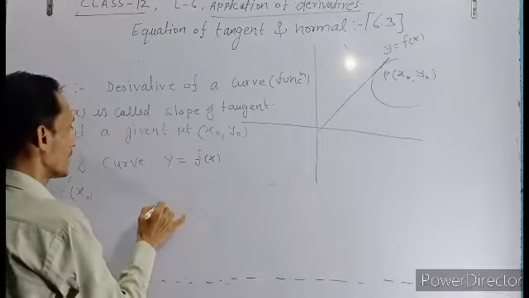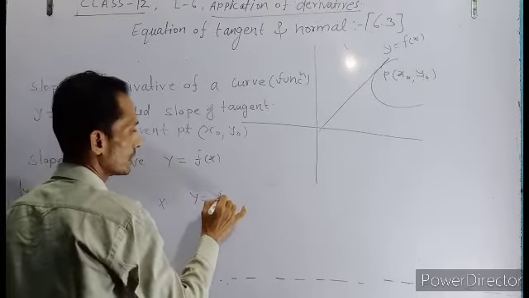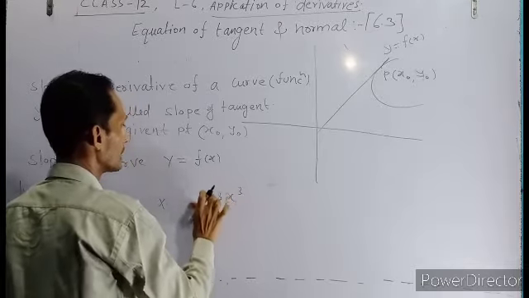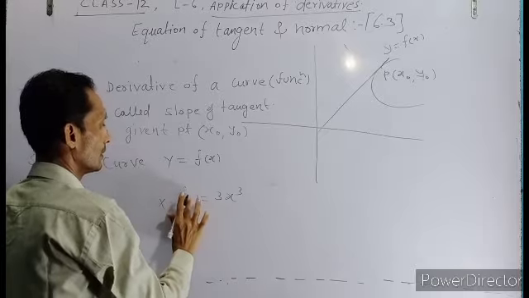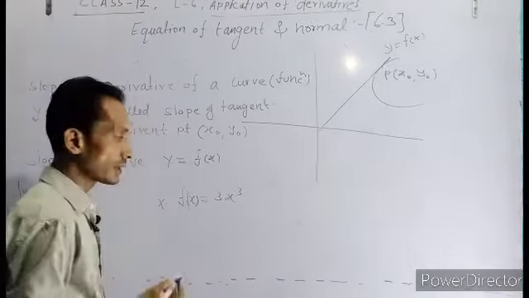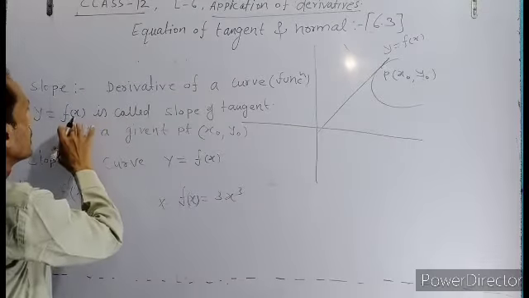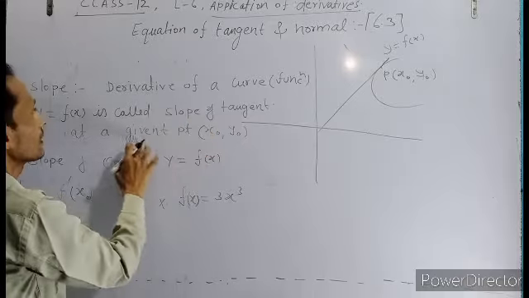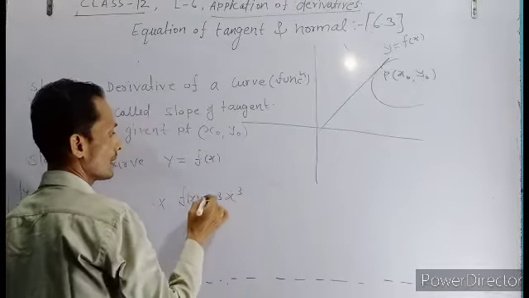Example, we can use this example. Suppose that y equal to 3x cube, or either you can say f of x is a curve. f of x is given as 3x cube, and we have to find out the slope. What is the slope? The derivative of a curve or function is called the slope of the tangent at a given point. So f dash x,